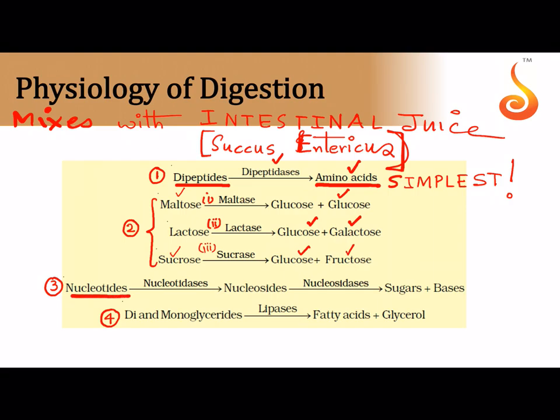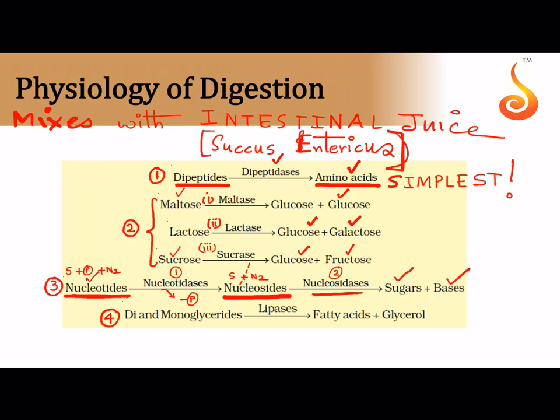Then we got nucleotides and nucleosides from the pancreatic juice action. In the intestinal juice, there are two enzymes. One is called nucleotidases and one is called nucleosidases. Nucleotidases break down nucleotides into nucleosides, meaning it converts sugar plus phosphate plus nitrogen base. It removes the phosphate over here, so we are left with only sugar plus nitrogen base. Now it splits the sugar and the nitrogen base with the help of nucleosidases, so we get individual sugar and